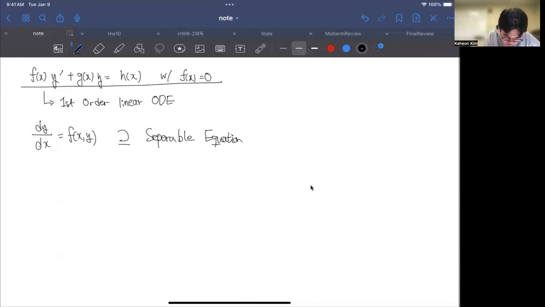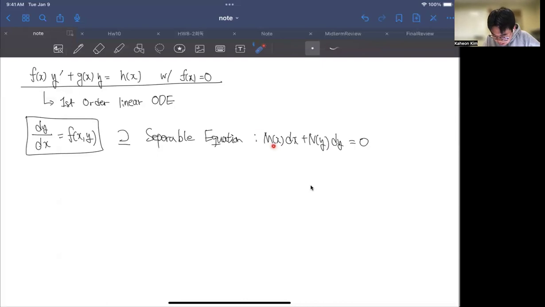This has the form of M(x)dx + N(y)dy = 0. This M is a function only in terms of x, not related to y. And on the other hand, this function N is written only in terms of y, and it's not related to